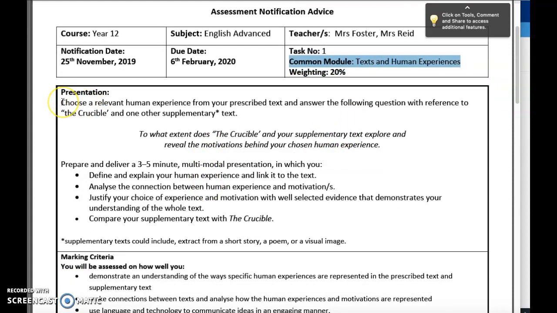Let's just go over quickly what's required. So we know first up that it's a presentation. You need to choose a relevant human experience from your prescribed text, which we know is The Crucible. So you have to pick a human experience that resonates with you and then answer the following question. The question is, to what extent does The Crucible and your supplementary text explore and reveal the motivations behind